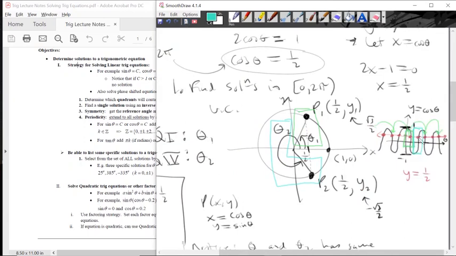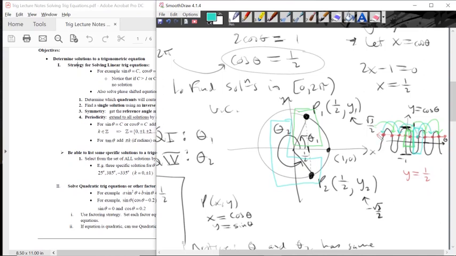If we were to add a full period to this solution right here, that would give us this solution. If we were to subtract a full period from this solution right here, the quadrant 4 solution, it would get us back to this solution. Subtract another full period, it would get us back to this solution. So we're starting by finding initial solutions between 0 and 2 pi, and then we'll start adding and subtracting full integer